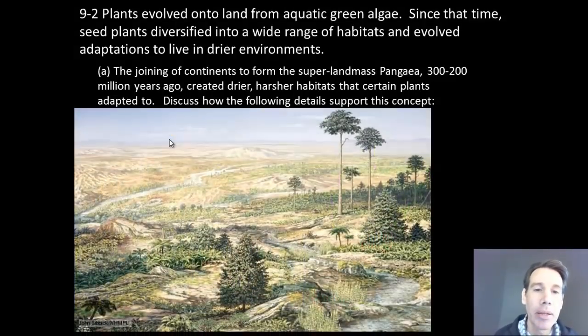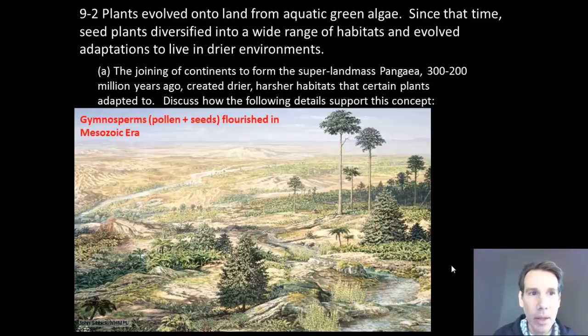So if we were to look at the fossil evidence from the time of the Triassic and Jurassic, for example, the dominant plants living at that time were the gymnosperms. So here we have some conifers over here, here's some more, here's some cycads over here, maybe there's some ginkgos deeper down in the forest over there. These are the type of plants you would find from that time period of the early to mid Mesozoic era.